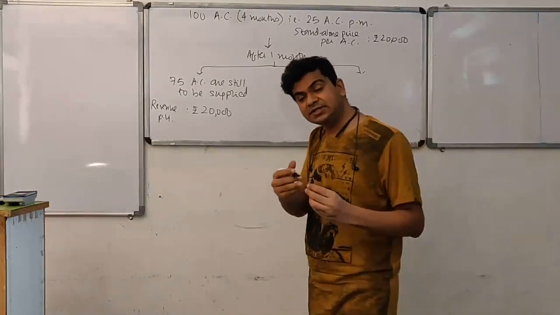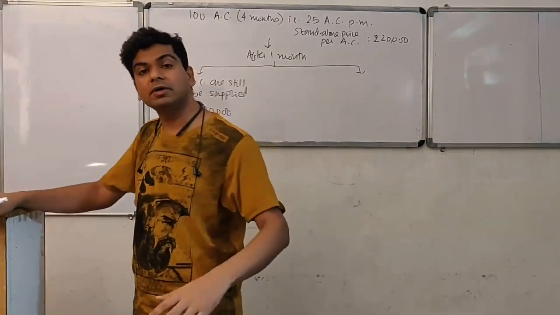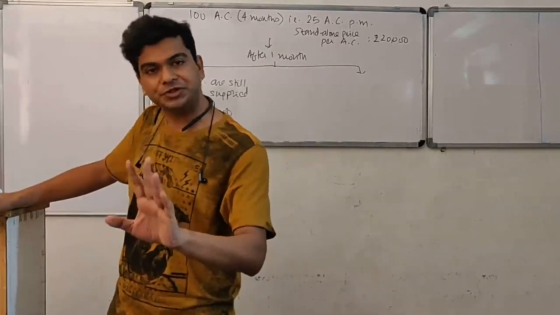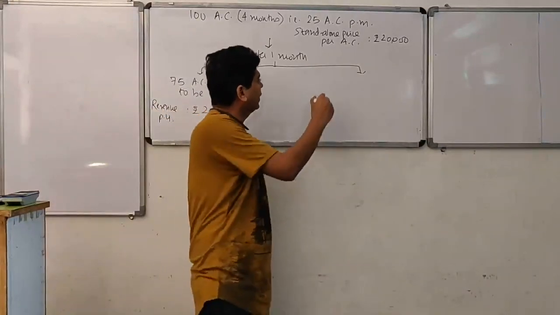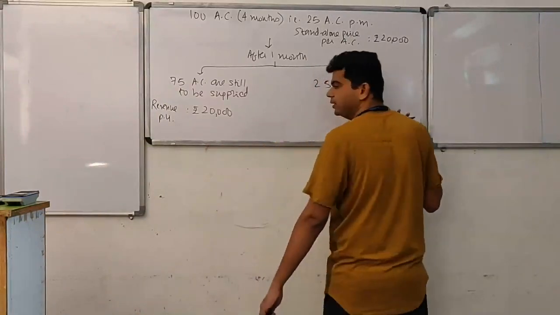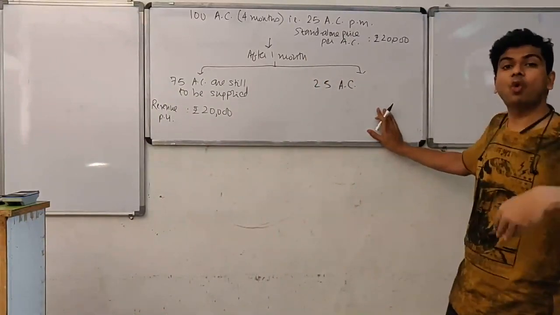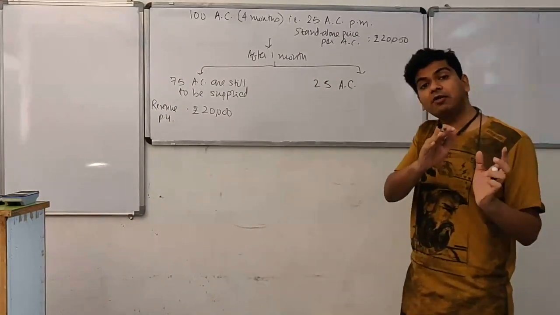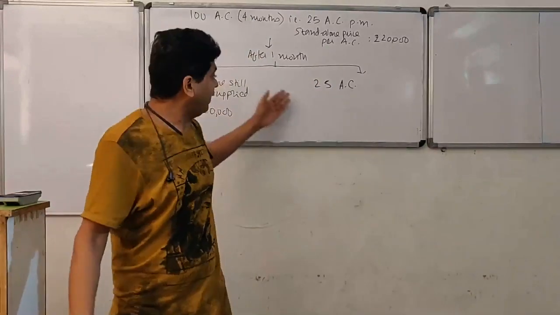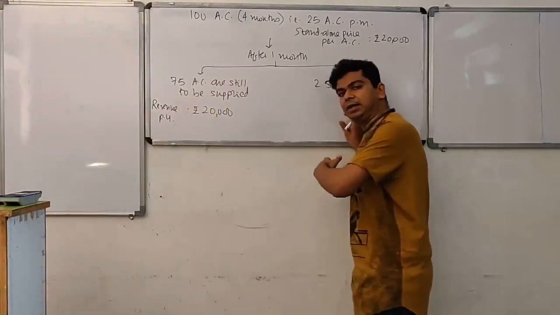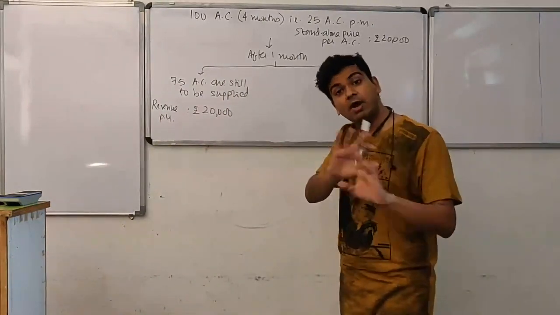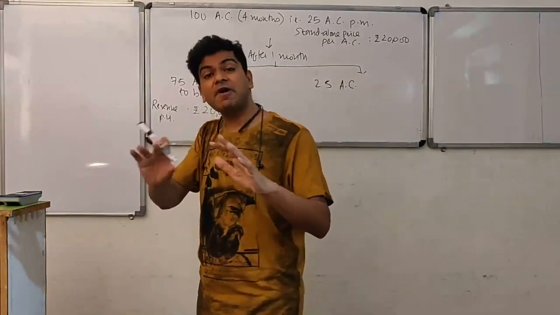Our customer calls us and says that now I don't want the remaining 75 air conditioners. I want now only 25 air conditioners. That's it. So our customer is saying that only 25 air conditioners are required. You are curtailing the scope of the contract, right? Scope of contract will not only increase, scope of contract can even get curtailed. So 75 air conditioners are still to be supplied, but the customer is informing us that now I don't want the remaining 75, now I want only 25 air conditioners.